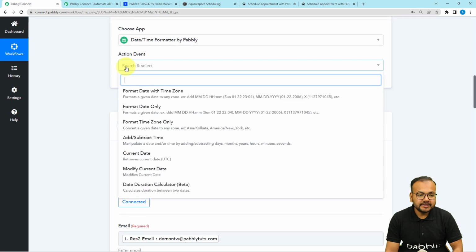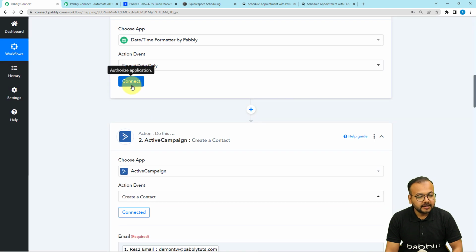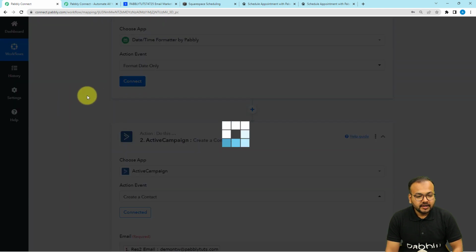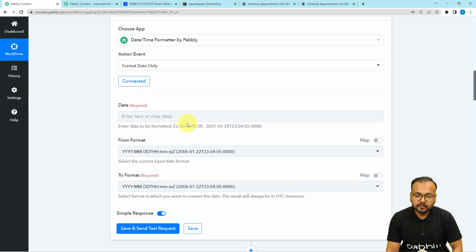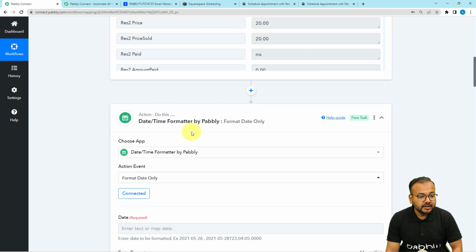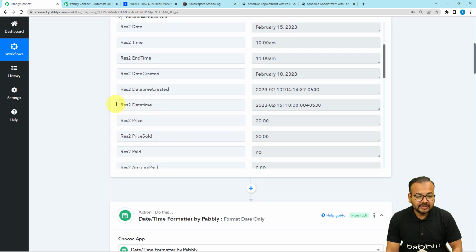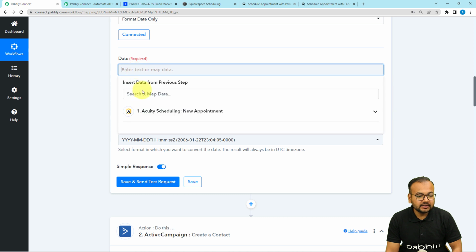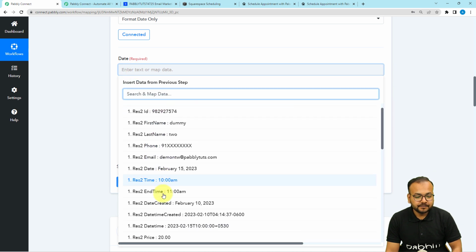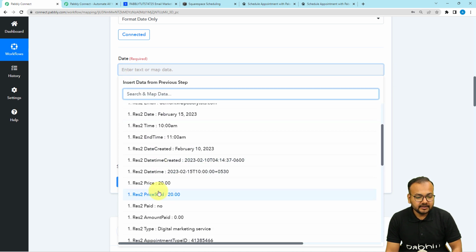and here in the action event select this option, Format Date Only, then click on connect, and then it will ask which date you want to change the format of. So here is the date time label, here we have the date of the appointment, so I'm going to map this date time label here to change the format. So just click here, and from this first step map this date time label, where it is,